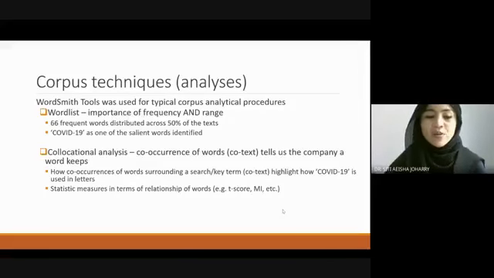And we have found that T-score and MI is a good combination. You have to understand here that the measures in statistics would not measure everything. They actually measure a certain thing. So for T-score, for instance, you would find that T-score would show more frequent collocates compared to MI, which would look at words